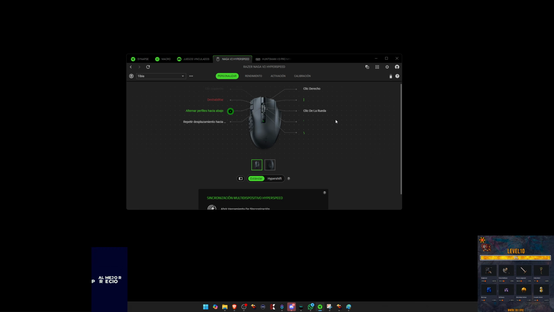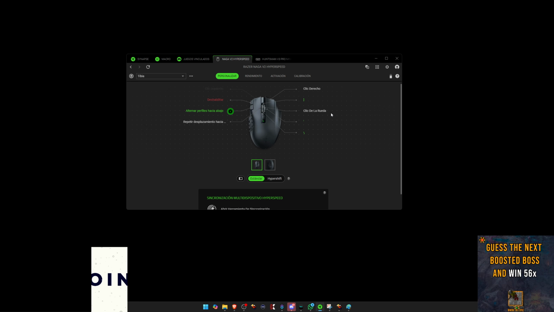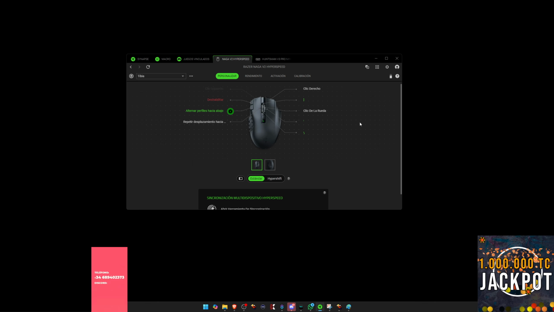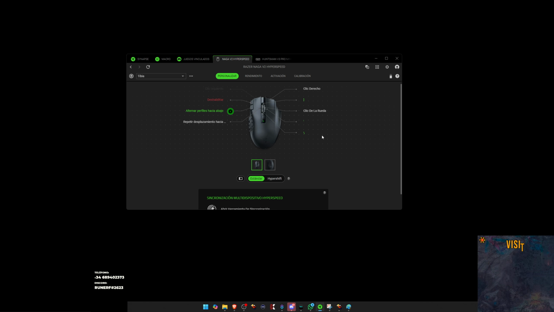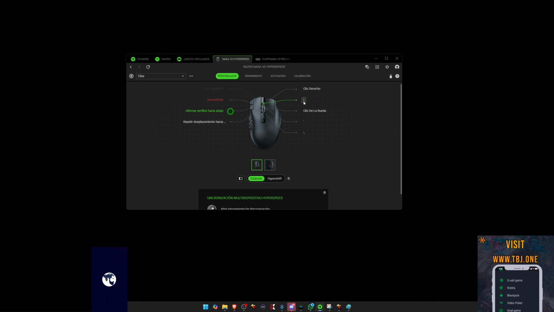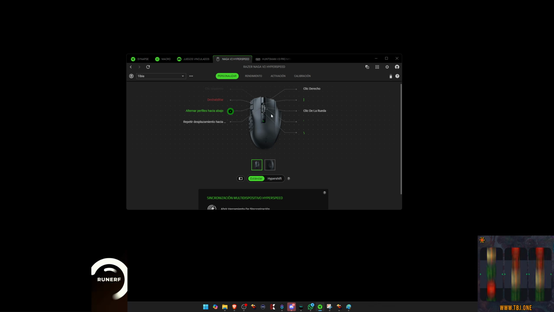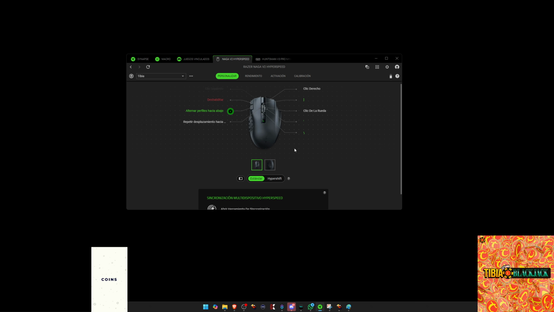As far as I know, nobody using X-Mouse got banned, and there are a lot of people that use X-Mouse, so maybe X-Mouse is safe. But again, use it at your own discretion. It is a little bit of a gamble, so feel free to use it if you want to. If you don't want to, don't use it. But yeah, I would really recommend something that allows you to remap these two hotkeys.